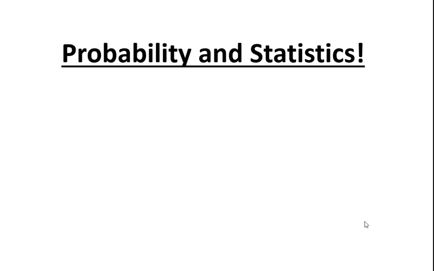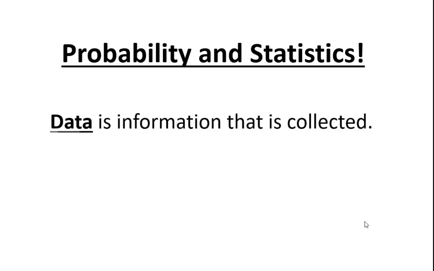Okay, so how do we arrive at these numbers? Well, you've probably already figured it out. With the exception of the fair coin, where we just quote unquote know that it's 50-50, we have to go out there and collect stuff called data. And I've given you a very broad kind of explanation here: information that is collected. And this could be any kind of information.